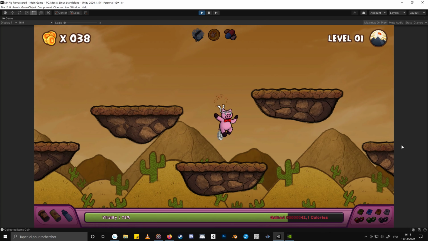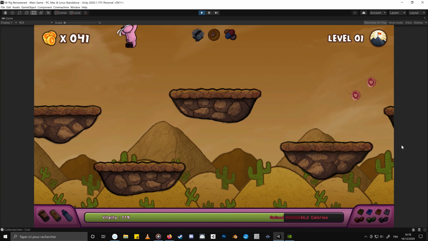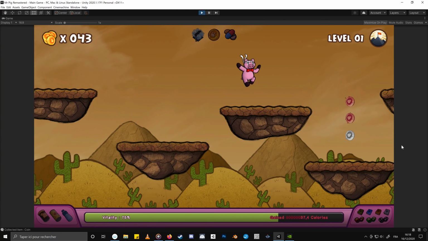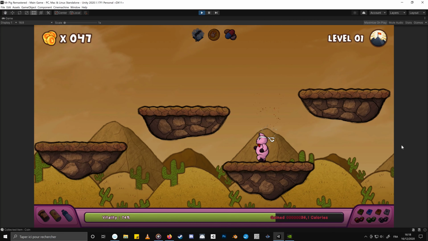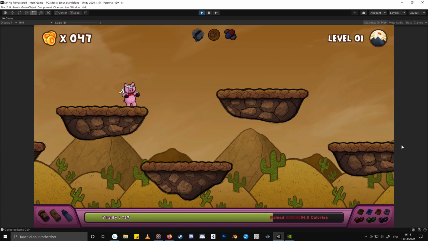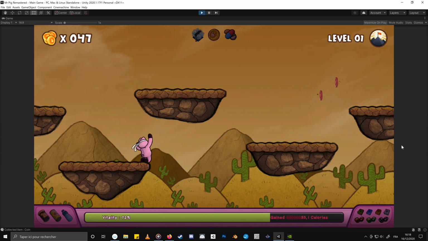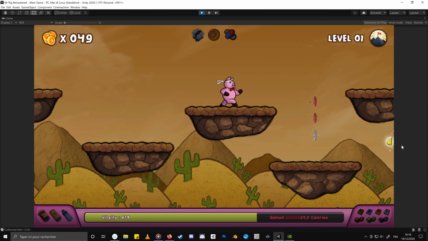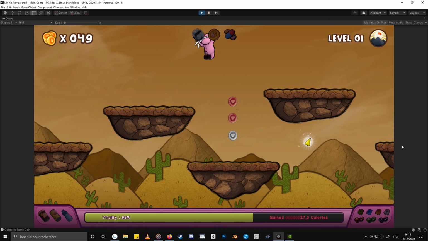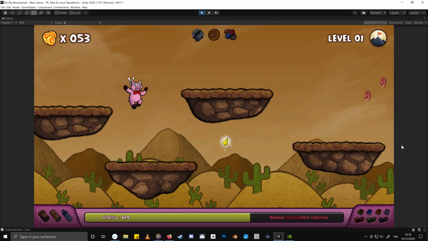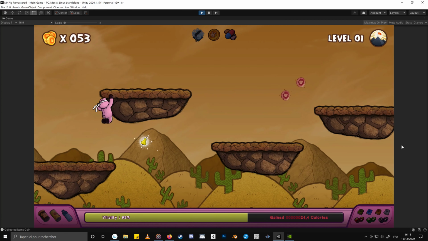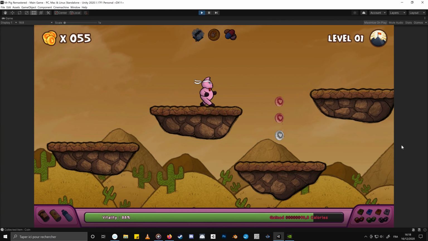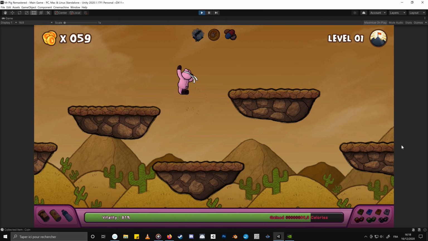As you can see, right now it's always spawning the same platforms. I'm actually working on a procedural generation engine, but right now it's not completed enough to show other configurations than this one. So you see it's always the same, 2 coins like this, 3 coins like that. The only thing that is random right now is the food. Sometimes it spawns, sometimes it doesn't. So you see I'm actually gaining weight rather than losing weight.